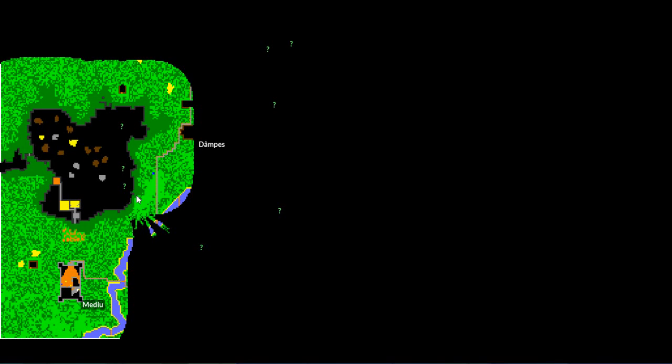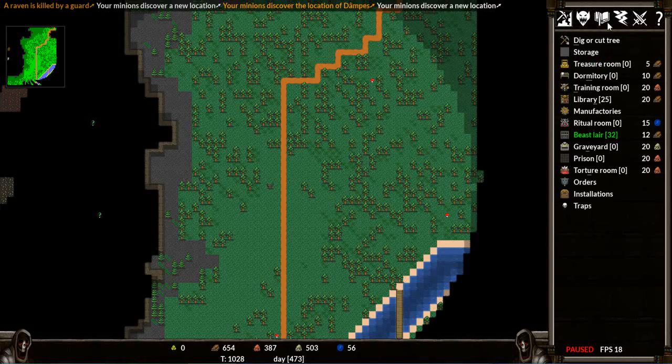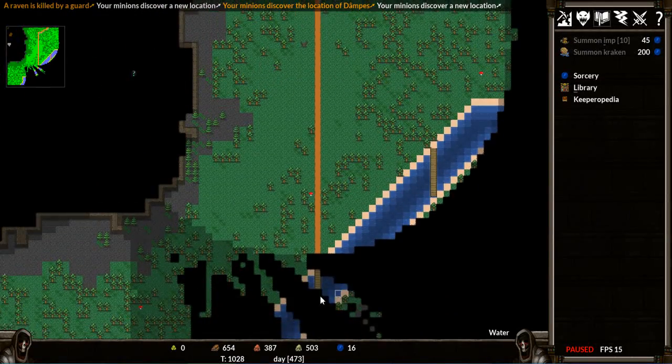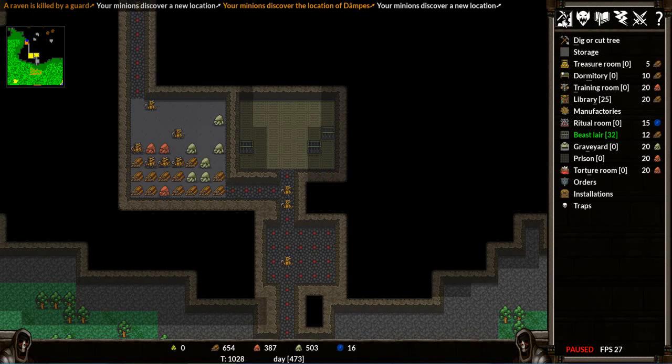Alright, I haven't seen that before. I've not seen terrain in KeeperRL where the mountain is completely accessible on all sides. That is kinda cool. Dangerous, but cool. We'll make it work. Alright, well, I've explored enough as this raven. I think it's time we go and use our library that we built to research some stuff. We don't have too much mana, so I'll just research crafting, because we are eventually going to want